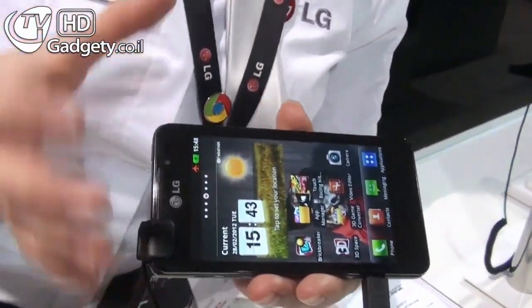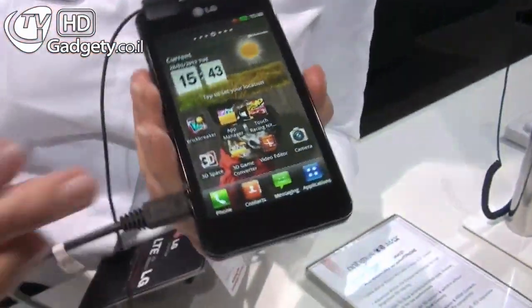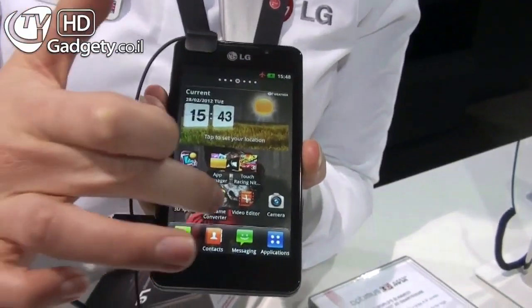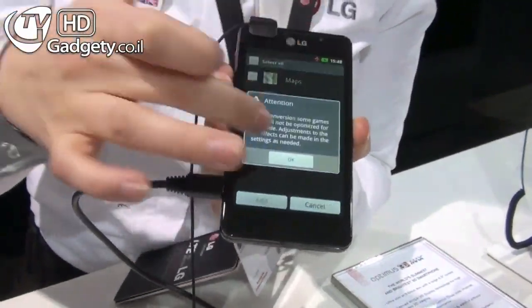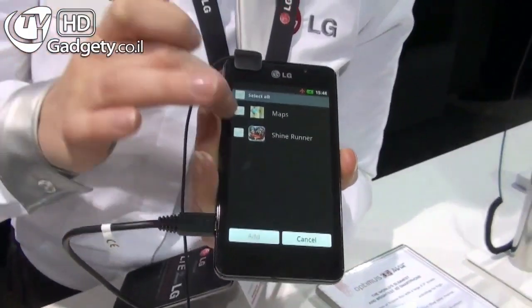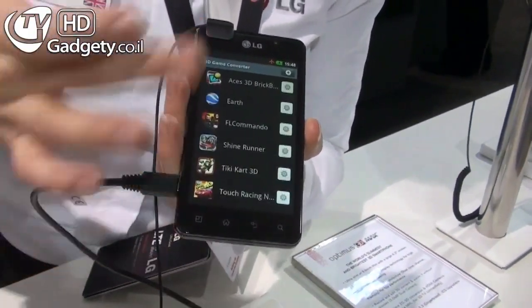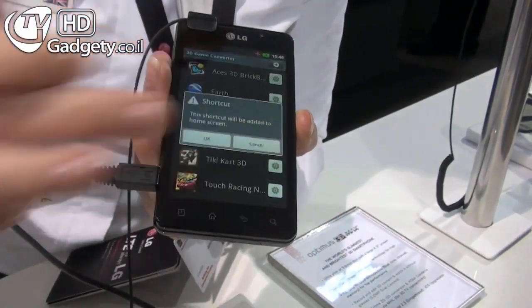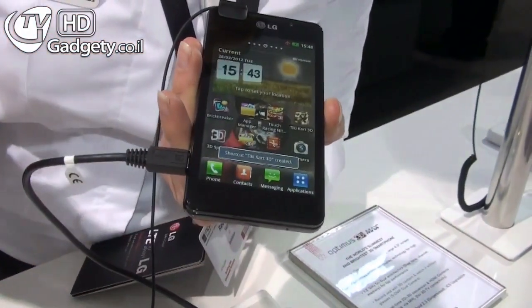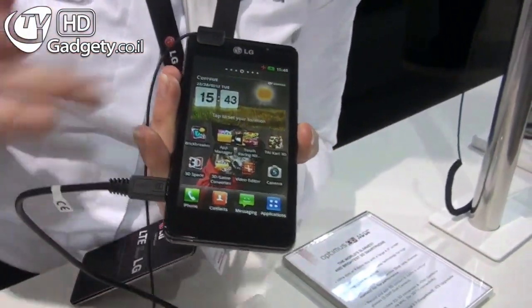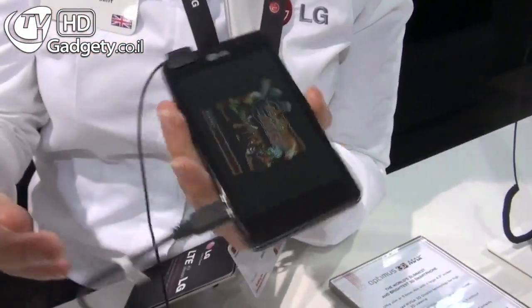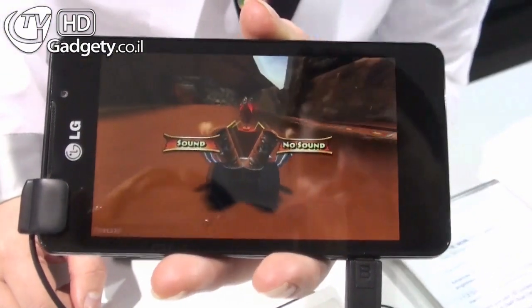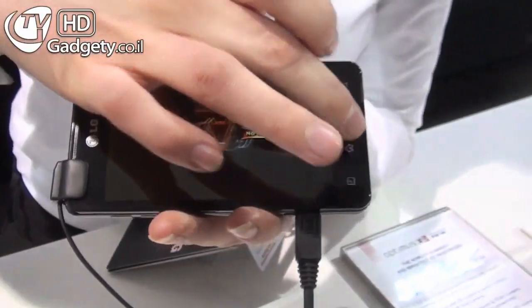So not only can you convert films and images from 2D to 3D, we now have a 3D game converter. So any 2D games you can convert into 3D. So you just select add, it'll give you all of the 2D content that you have. You just select, and that will then add to your converted content. So for example, if you want to make a shortcut onto your home screen, it will then tell you that it is a 3D application. So then you can play that game, which is intended to be 2D, in 3D. Oh, looks really nice. And that's originally a 2D game.